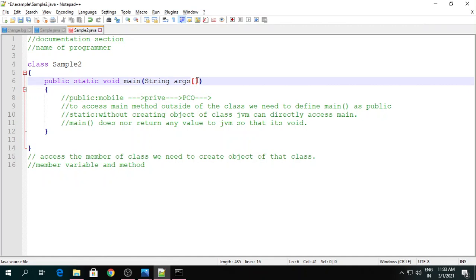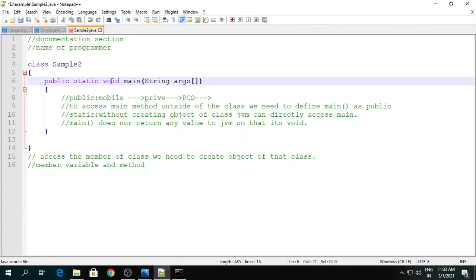So first of all, let me repeat, what is public? To access the main method outside the class, we need to define the main method as a public method. Static means that without creating an object of this class, the JVM can access your main method, so we make the main method a static method.